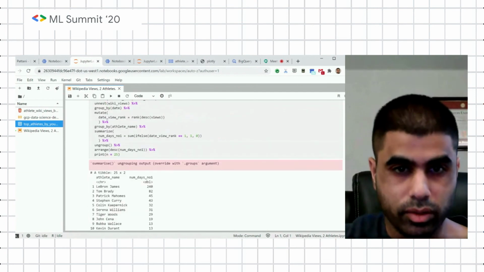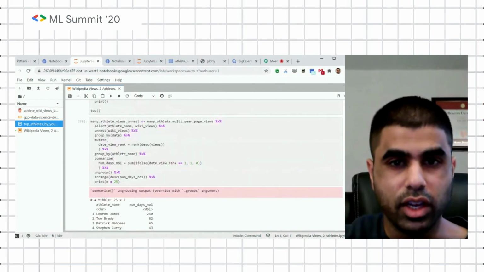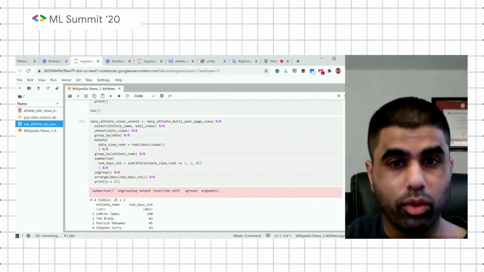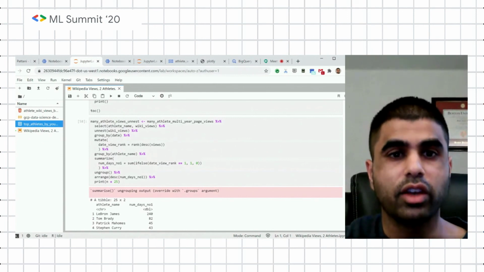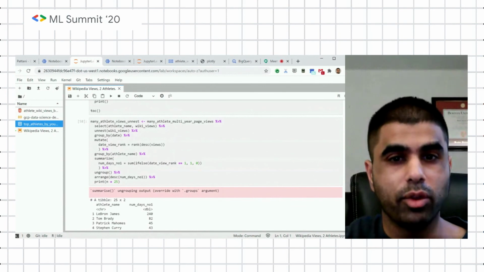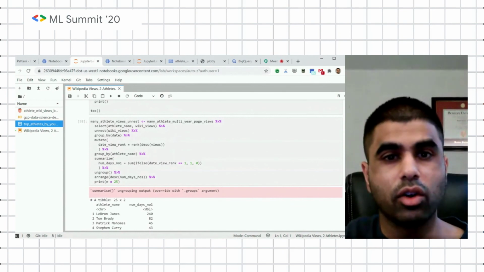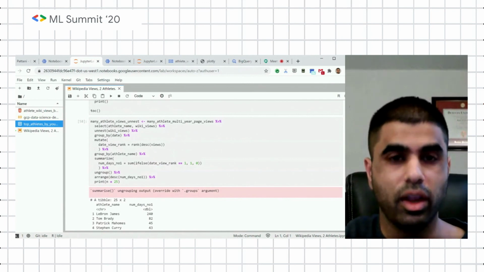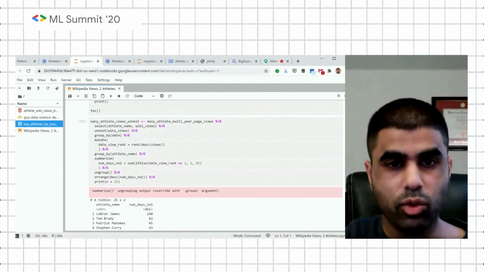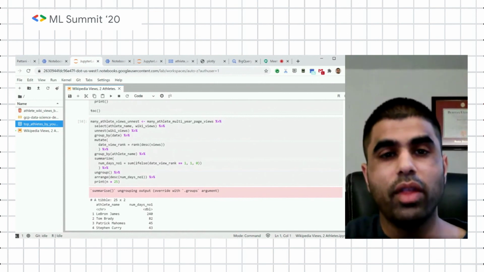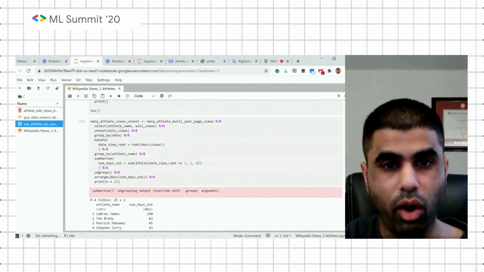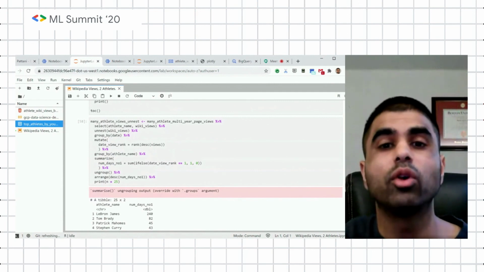And again, for the purposes of our demo, I've already got this data here. But what you'll see is that you get the athlete name and their Wikipedia views. And then we're back in the R world where we want to do some manipulation and group by date, to find who is the most popular athlete. So across all the dates, which is now the last 2 years, 2019 and 2020 through the first 9 months, we will look at who ranks number 1 in terms of views. That can be done with the rank function in R, and then we will look at who is number 1 the most days in the